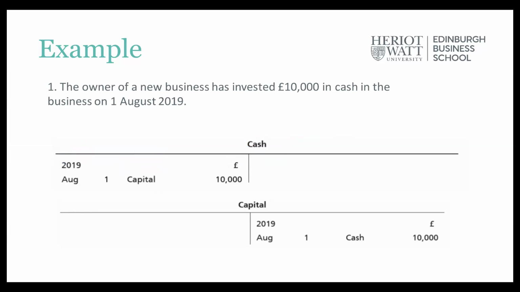Now, for the same transaction, when you go to the capital account, how do you record it? The capital account is giving, right? It is giving to which account? To the cash account, because it's receiving cash. It's giving cash, so the cash account is receiving the same amount. So have you seen now? There is debit